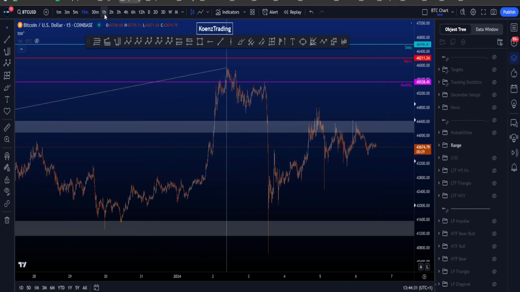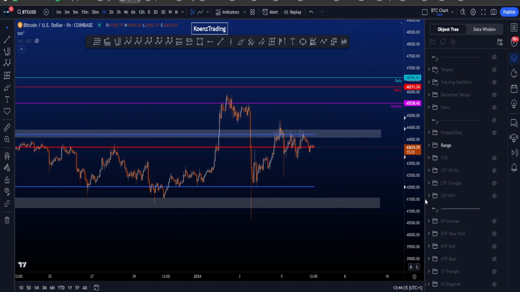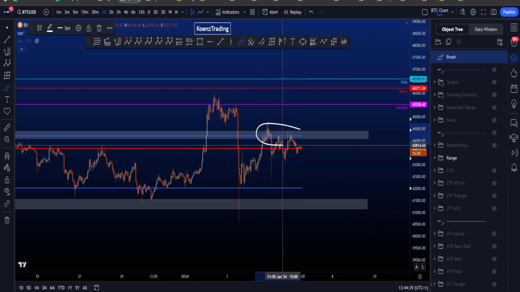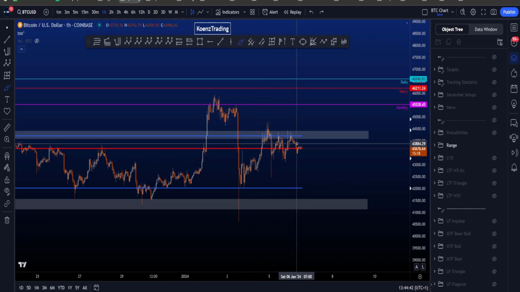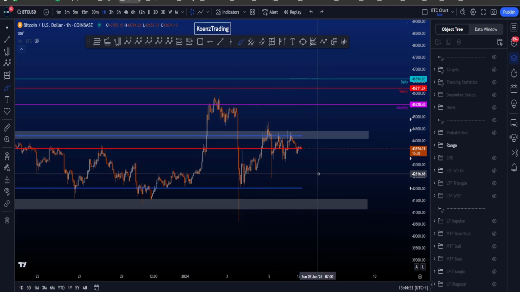Also, if we look at the range here, then we have been going sideways and we are against resistance, right? We have the point of control where we are ranging at the moment, but that white box is acting as resistance. As long as we can't even move above this white box, we don't really have to look for moves towards the upside. Currently, we are ranging below, in between the point of control and that box above here. And to the downside, the value area low is at 42k, and then we have the support down here,